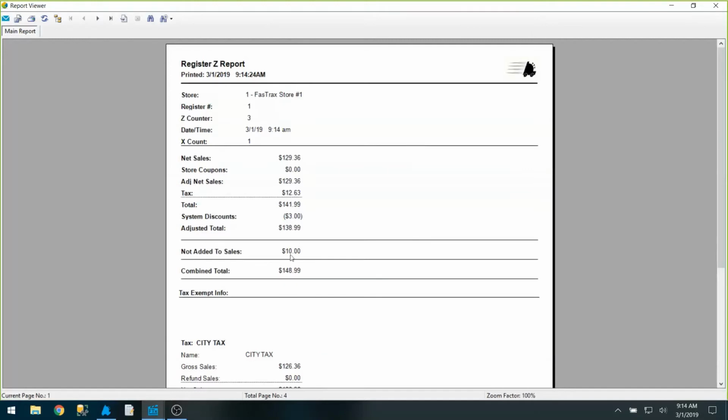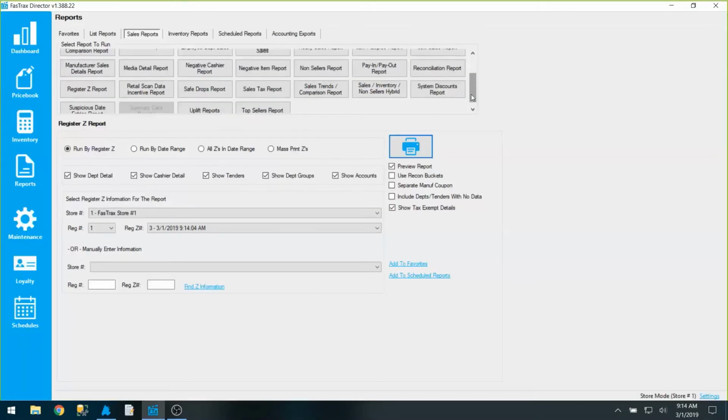And we can see here, there's a not added to sales dollar amount. So for our adjusted sales, we have that value before the not added to sales. And then we, of course, have our combined total, which is our total combined sales, which will add that to your not added to sales department. On our department sales report, if we do this,